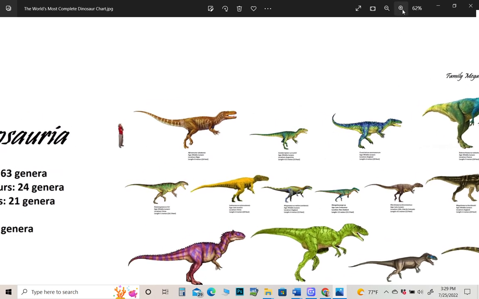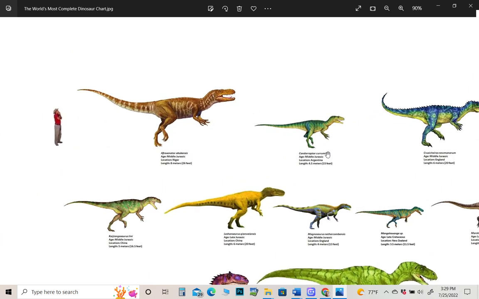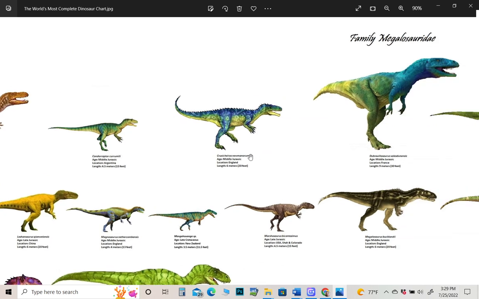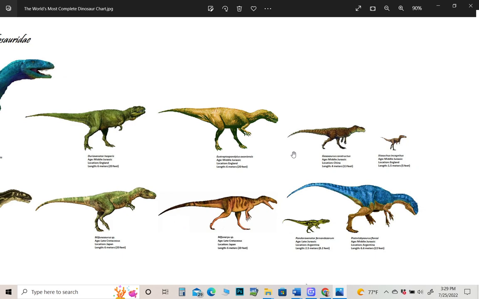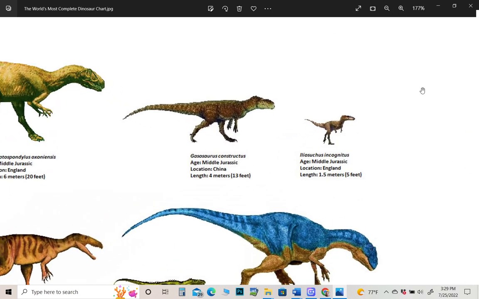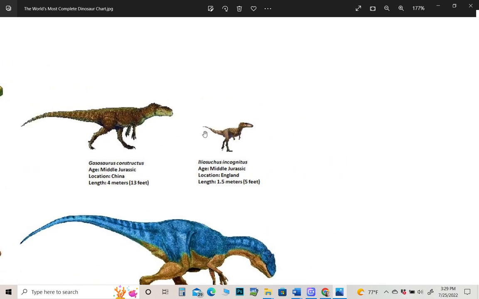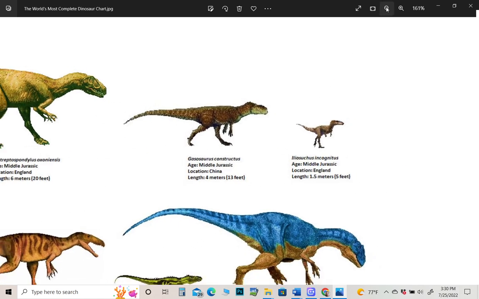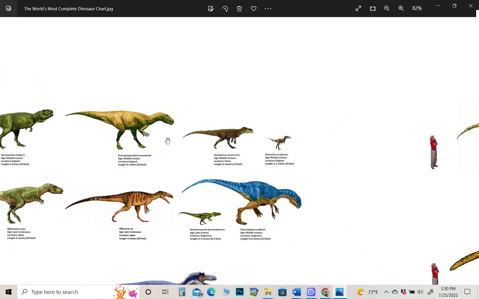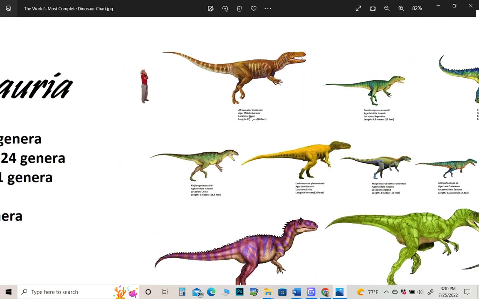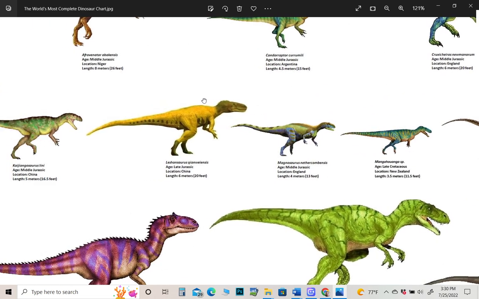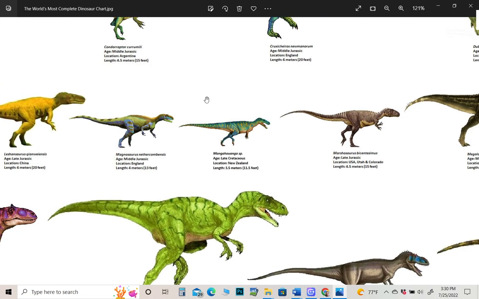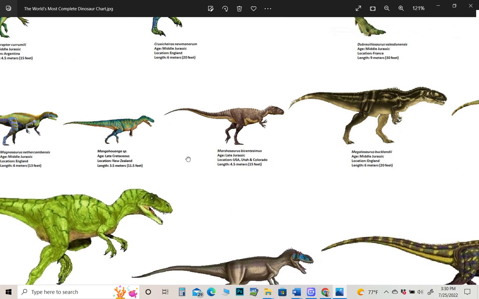Afrovenator, Condoraptor, Cruxicheiros, Dubreuillosaurus, Duriavenator, Eustreptospondylus, Gasosaurus, which is from China, a pretty small animal. Iliosuchus, it's like a tiny T-Rex in a way, but the arms are wrong, obviously. About as tall as a person, as you can see. Kaijiangosaurus, Lashansaurus, Magnosaurus, Mangahouanga, some New Zealand